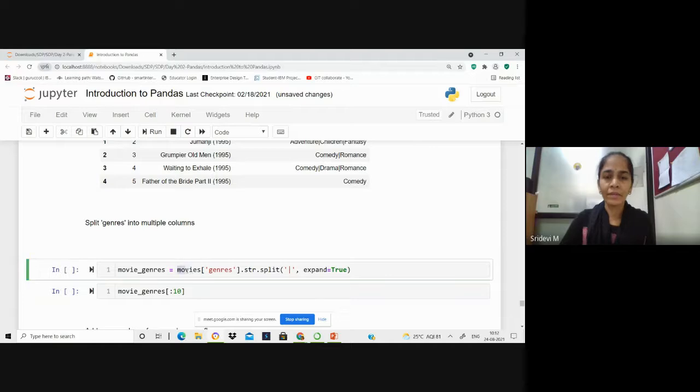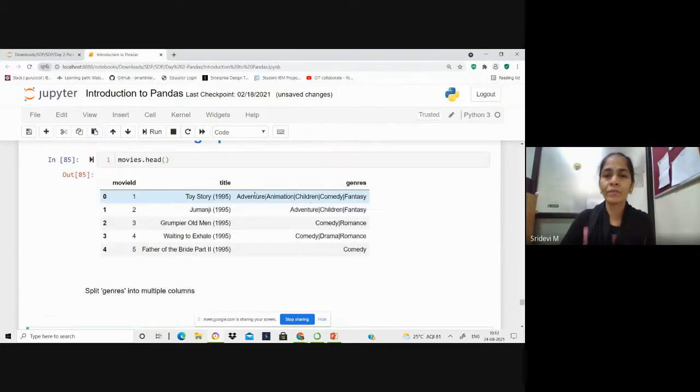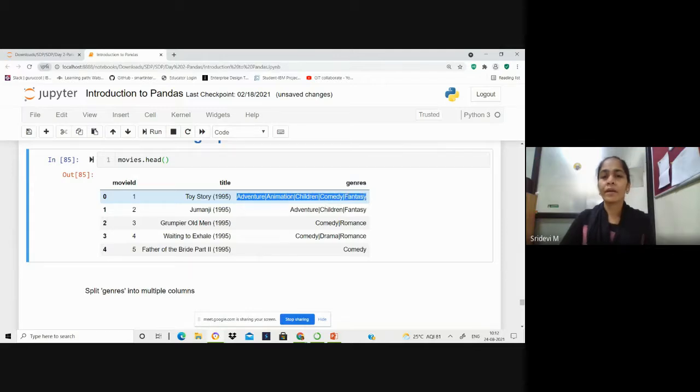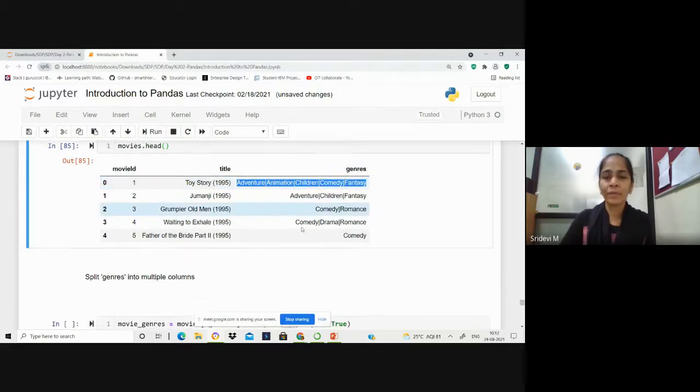In this case, in the movies table, on the genres column, we take the string split operation, wherever it encounters a pipe symbol, because we can observe that all these genres are separated by a pipe symbol.